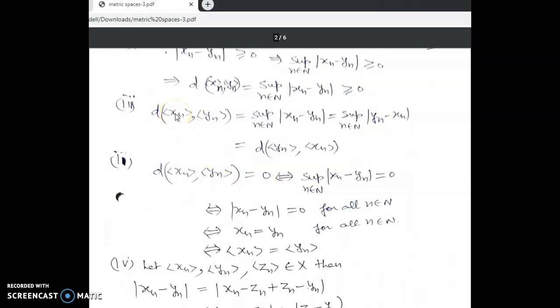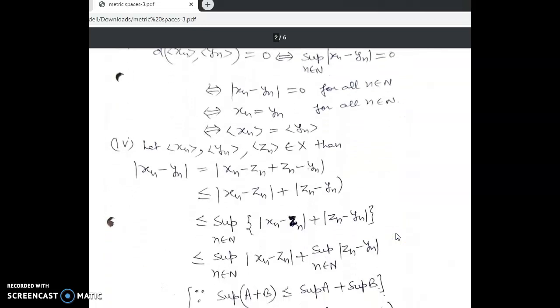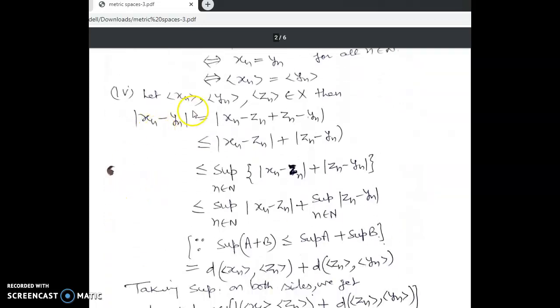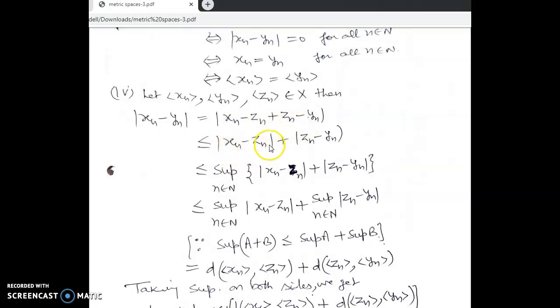Now the third one: d of (xn, yn) is equal to this supremum, and in the mod we can change xn minus yn into yn minus xn. So this is equal to d of (yn, xn). Now the last property, the triangle inequality. For this, let (xn), (yn) and (zn) belong to X, meaning these are all real bounded sequences. Then in xn minus yn, we add and subtract zn, and make two parts of it: xn minus zn and second zn minus yn. So this is less than or equal to the supremum over n belonging to N of mod of xn minus zn plus mod of zn minus yn,